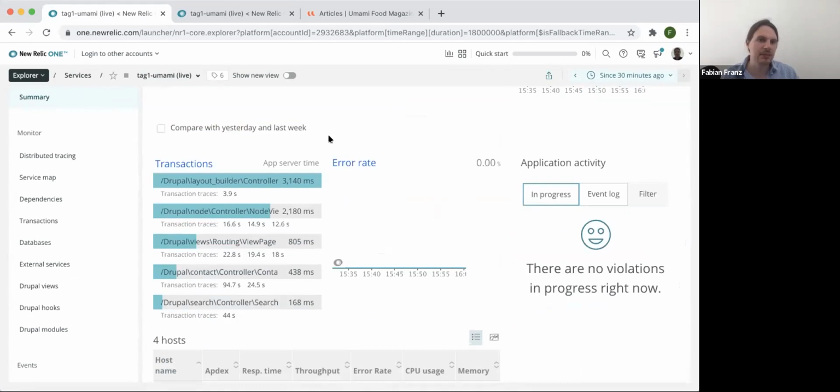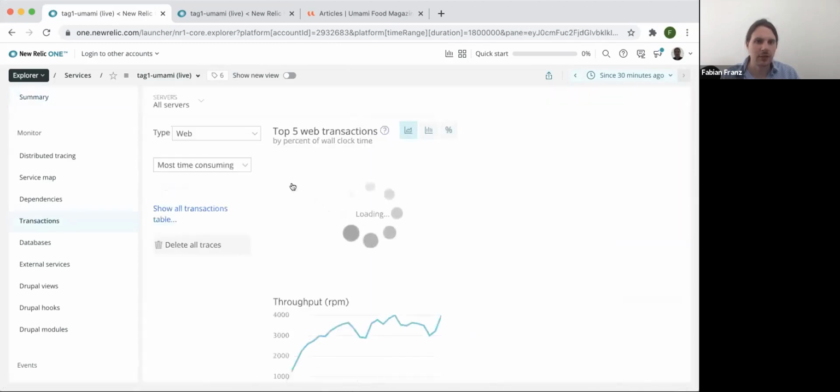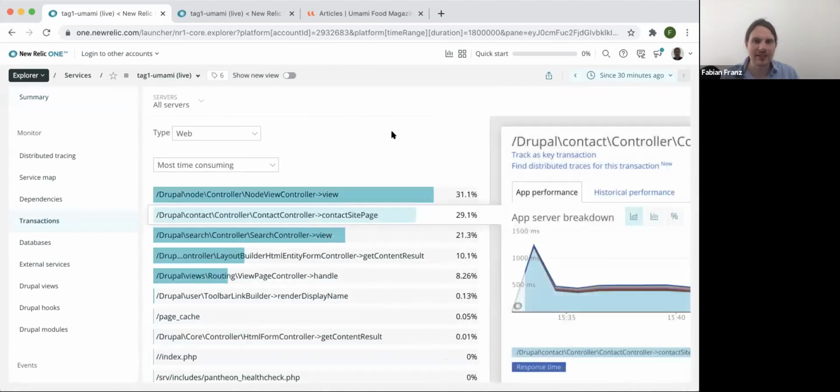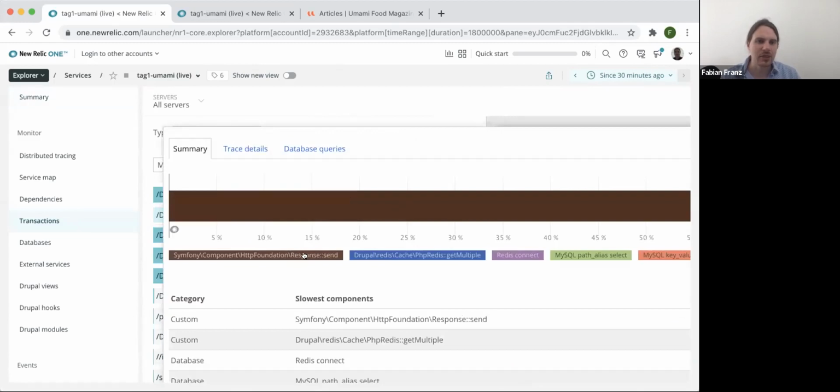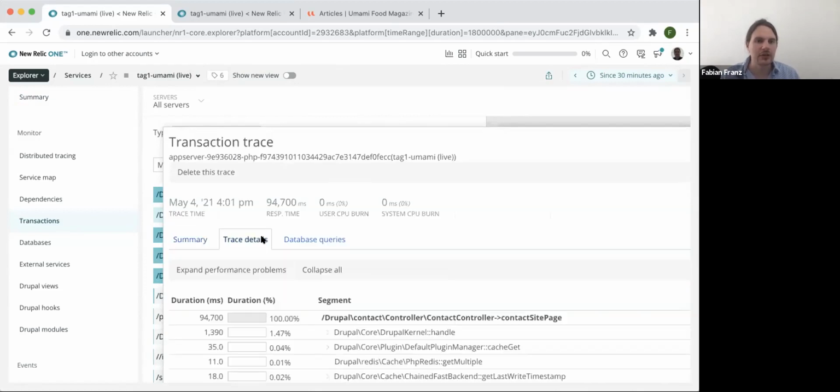Sometimes you find things by chance. So we also have some much slower queries with the larger load. One here even took 94 seconds. Let's see what's up with that. Here we see just this response sent. This essentially meant this webhead tried to send a response but couldn't because something else was blocking it from being scheduled again. So it was just waiting for a very, very long time to actually send out the response.